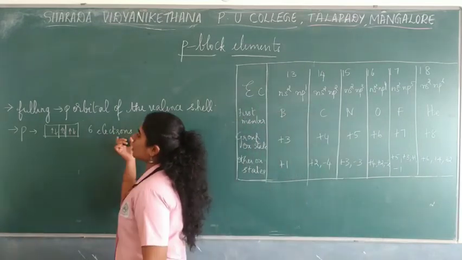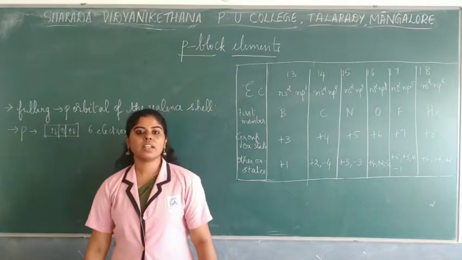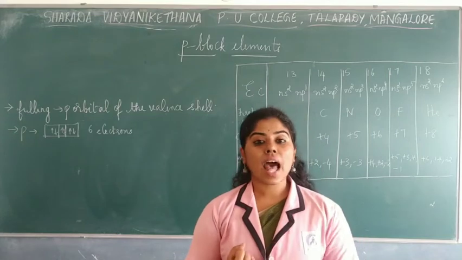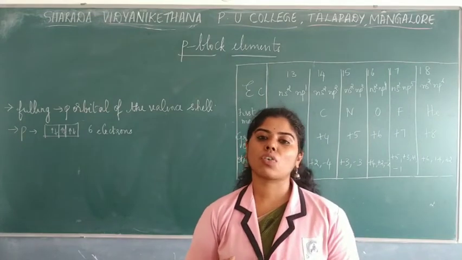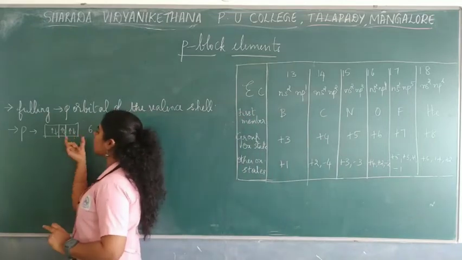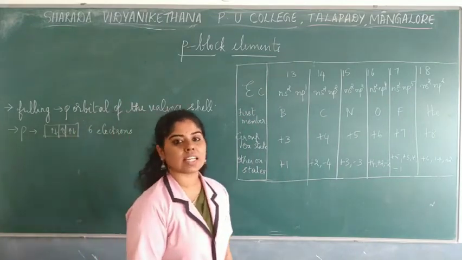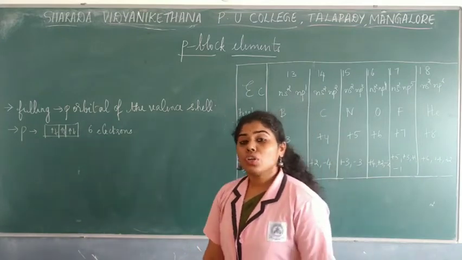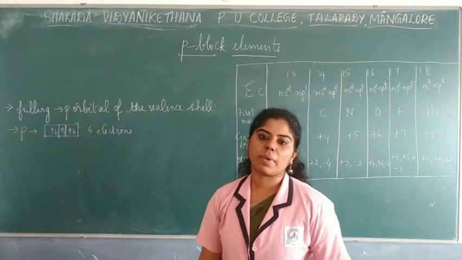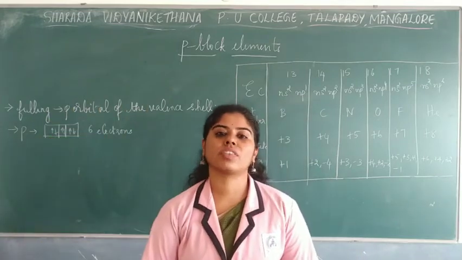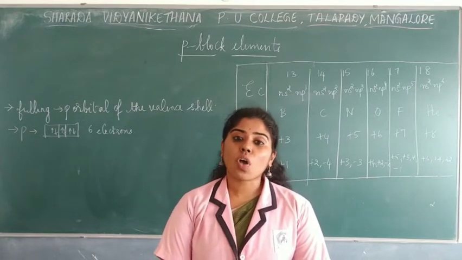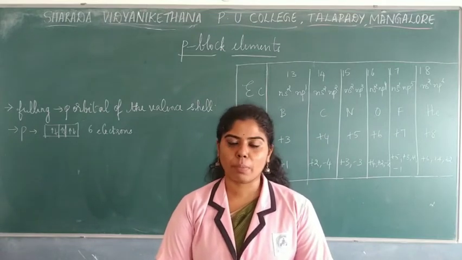So this is the main important property to be remembered regarding the p block elements: the last electron filling takes place in the outermost orbital, that is the p orbital, and it consists of 3 orbitals where a maximum of 6 electrons can be filled. Usually the p block elements are on the right-hand side of the periodic table, where mostly there reside the non-metals as well as the noble gas family.